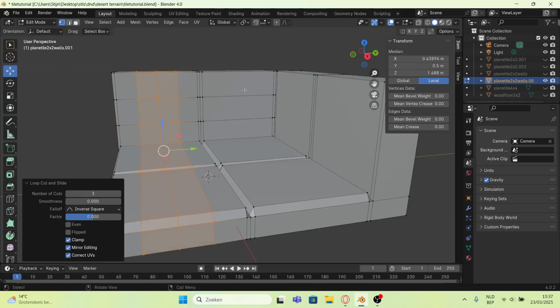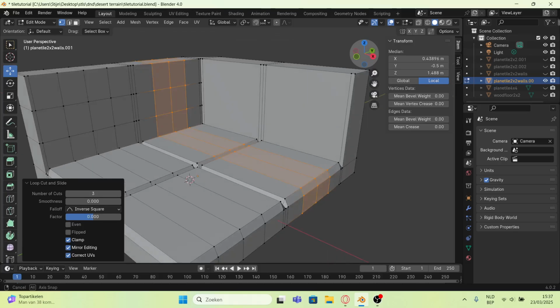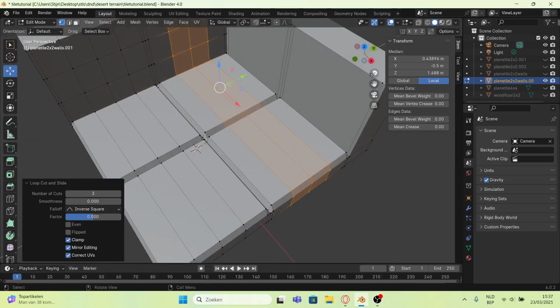It'll be obvious later on why we're doing it like that. Again, Control R for the other face, press 3, and then click once and click a second time. What we have here now is our walls have been subdivided,